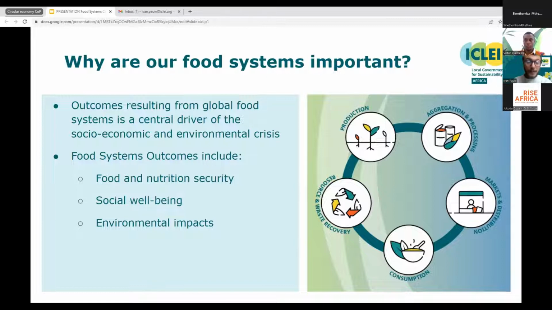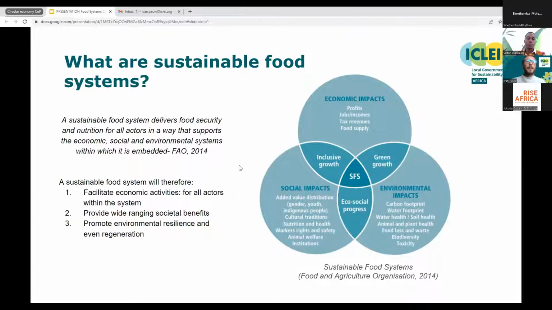According to the European Union, 37% of global greenhouse gas emissions could be attributed to the food system, which makes it the second largest contributor to greenhouse gas emissions globally. Conventional agriculture is also a key driver of soil degradation, loss of biodiversity, and ecosystem services, which result from land use change and deforestation.